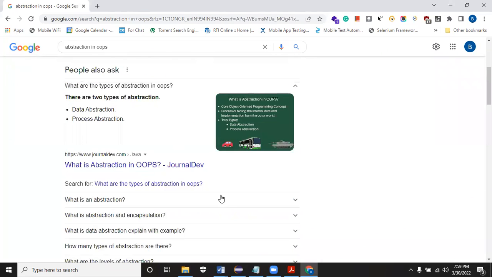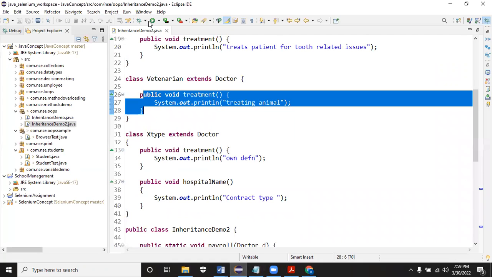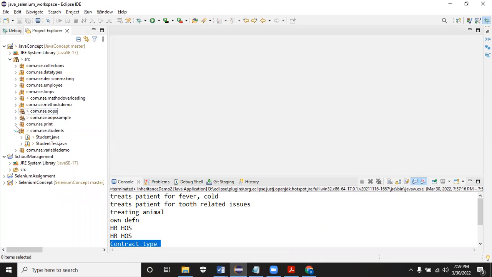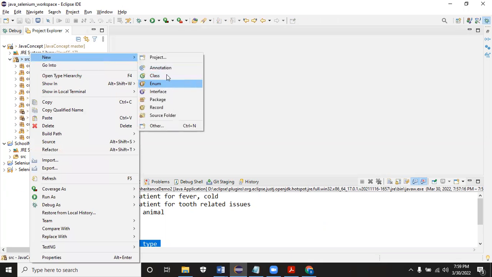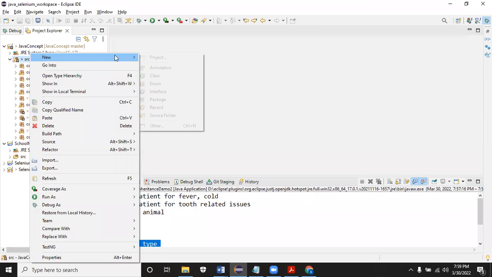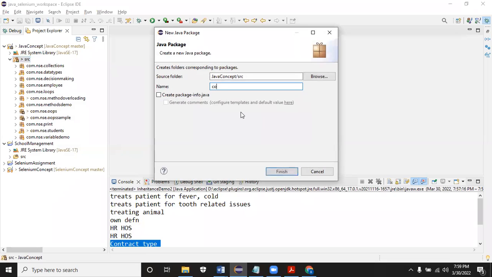Let's understand this with an example. Okay. For example, I'm going to create a, in this itself, I'll do it. Let me create one new package. Already we have the employee data.